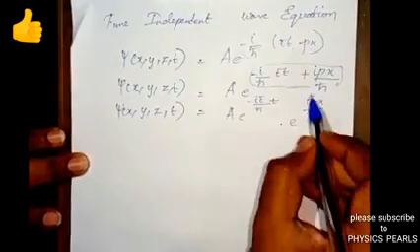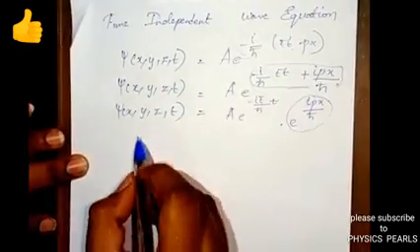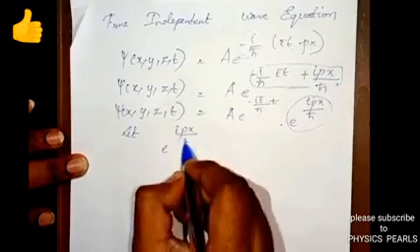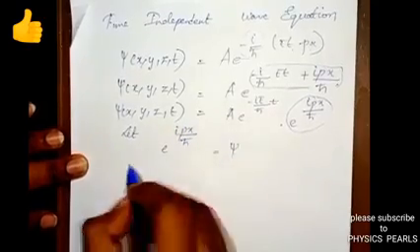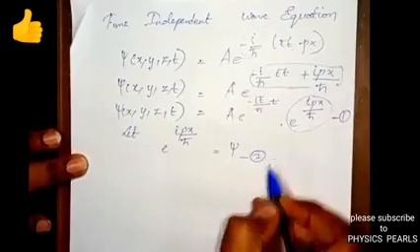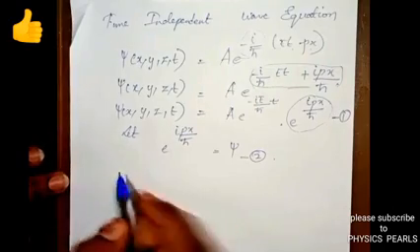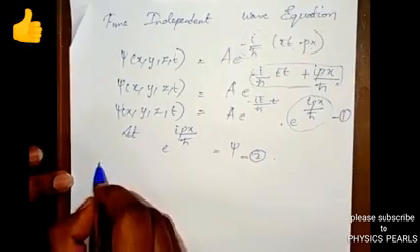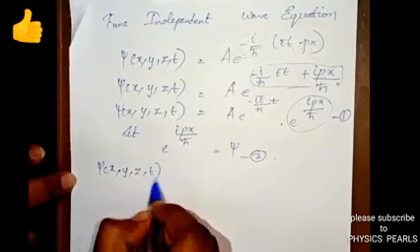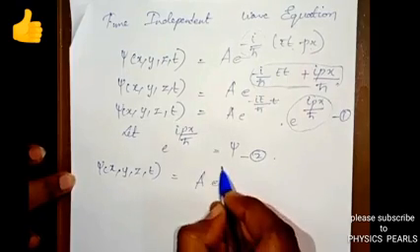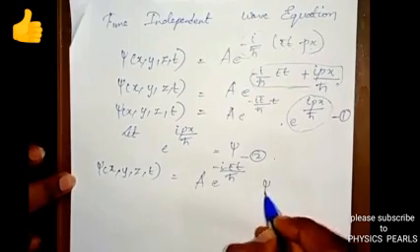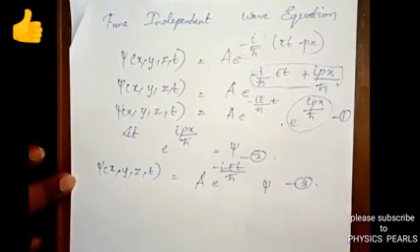Now we are going to take this term as the wave function psi. Let e power ipx by h cross be equal to psi. Now let this be equation number 1 and this 2. Now when we substitute 2 in 1, it takes the form psi equal to A e power minus iEt by h cross into psi. This is equation number 3.